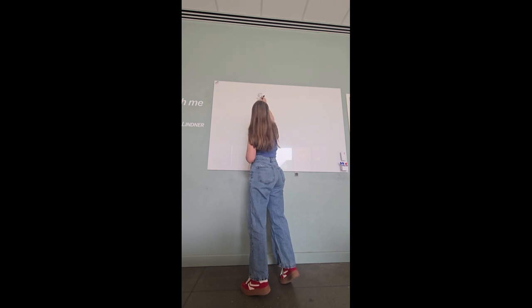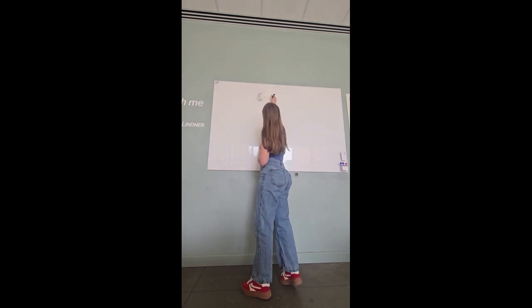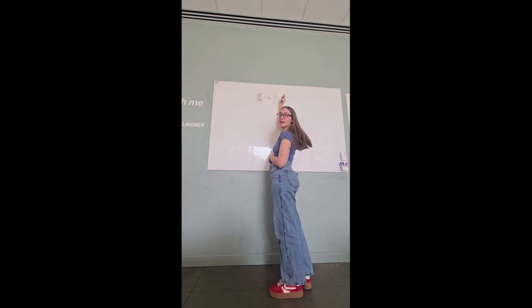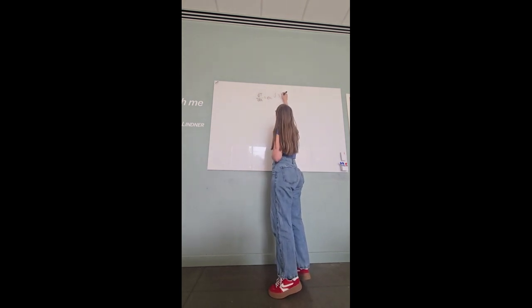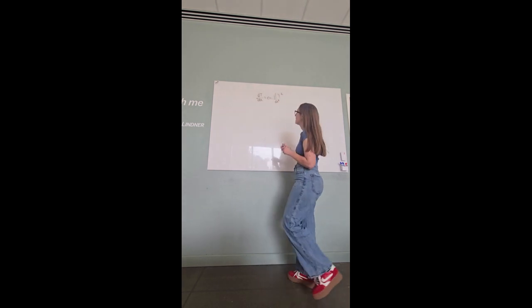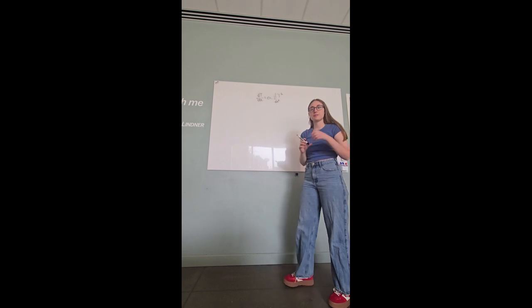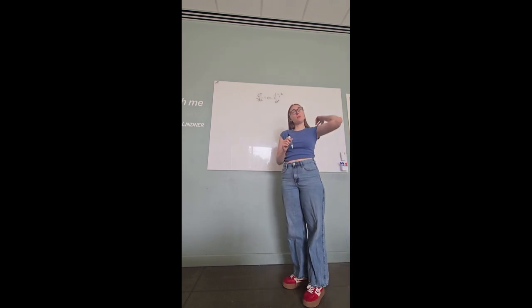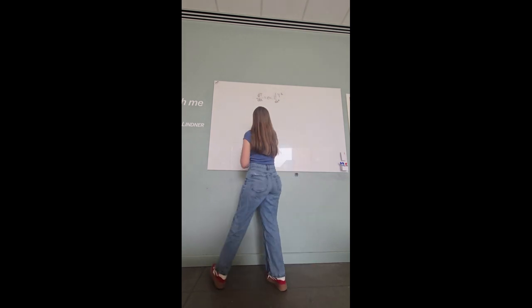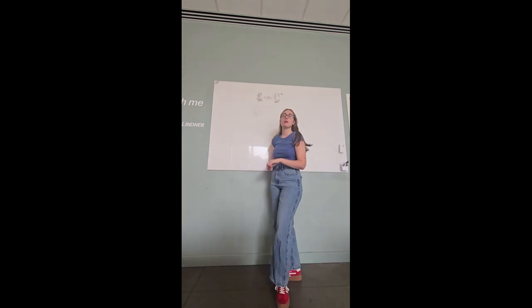dT over dt equals the thermal diffusivity times the second derivative of temperature with respect to position. So what we had was our algebraic form of the heat diffusion is going to be